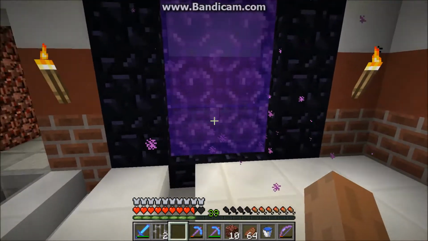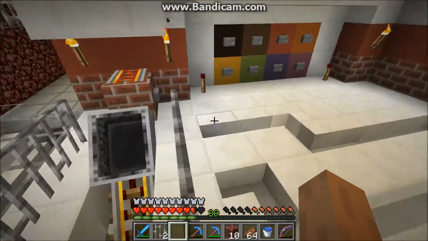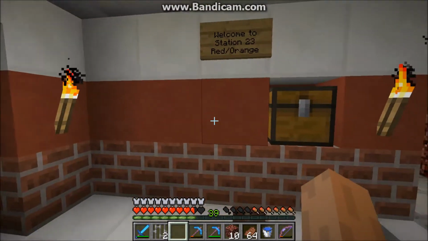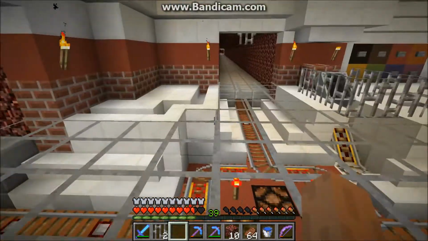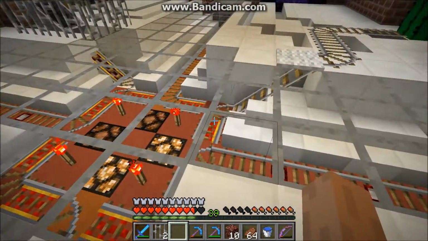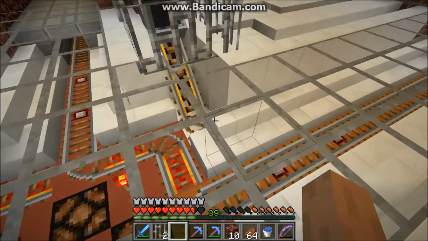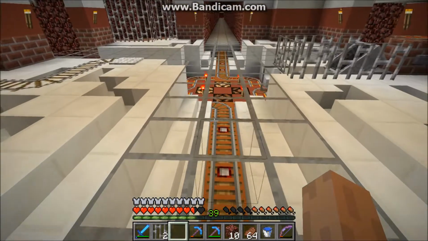Can go through the portal, but I haven't actually gone through all of them yet because I'm waiting for 1.7 to get too heavy on the maps again. So I think this is a very nice station design. I'm definitely going to go into more detail in the tutorial, but if you actually have tried to do anything with the rail stations,